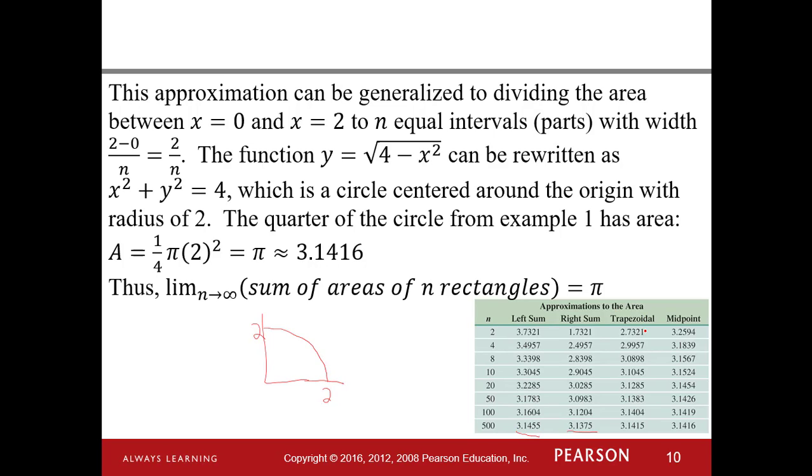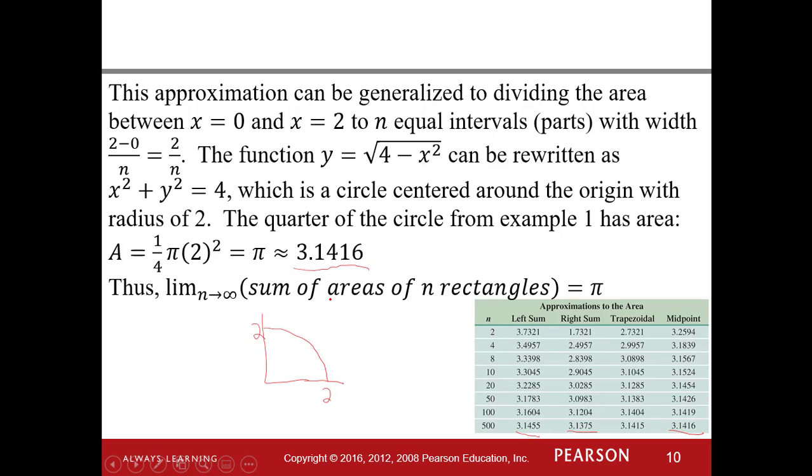We could take a trapezoidal approximation, which just averages these two sums, and that does get close to 3.1416 here by the end, but again, it's not exact. If we use the midpoint rule that we saw in the previous slide, by the time we get up to 500 parts, notice we have our area approximately equal to the area that we calculate up here,